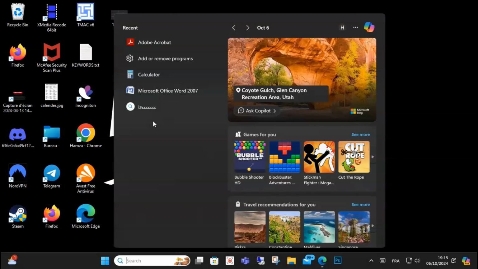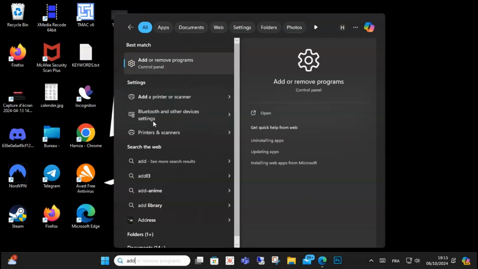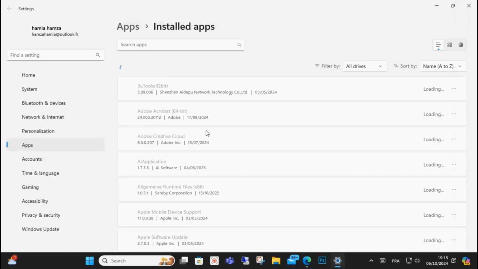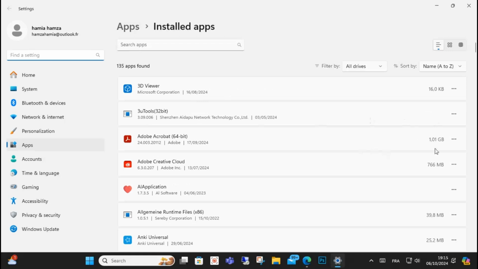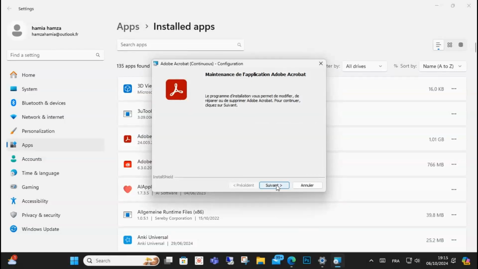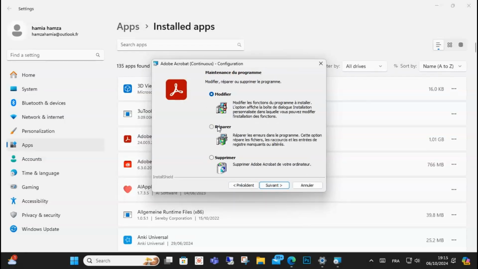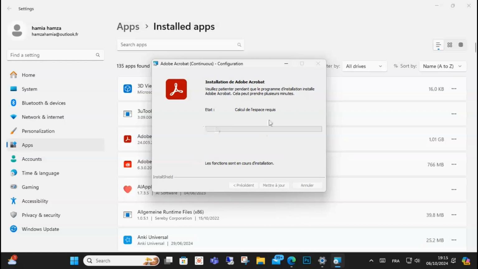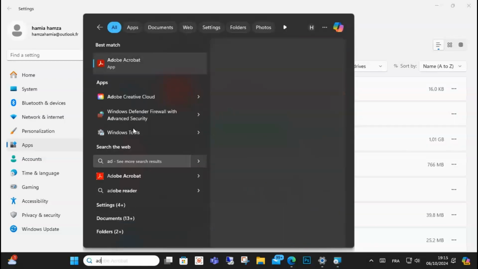So let's get started. First, guys, open your Start button, as you can see here, and search for Edit or Remove Program and find Adobe Acrobat. Click this three dot point, and the next click on Modify. In the pop-up screen, click on the Next button, choose Repair, and click on the Next. After that, click on Update and wait for it to complete, and launch the Adobe Acrobat software on your computer